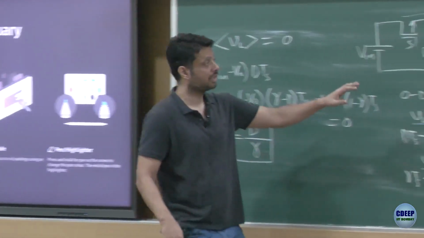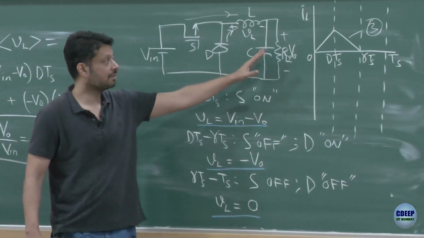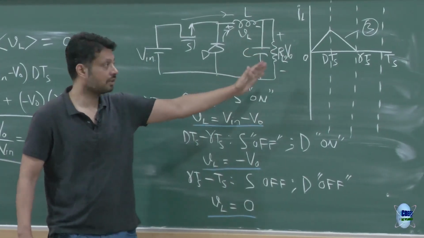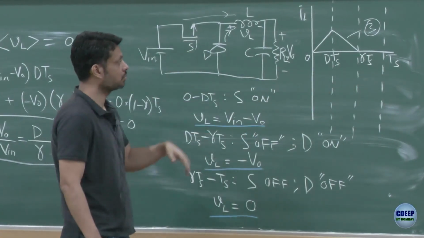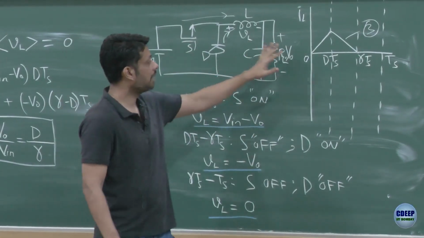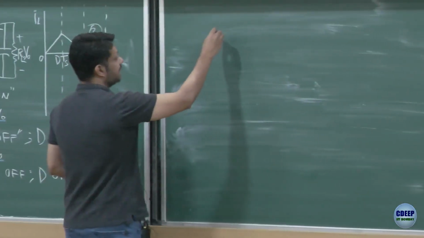If you have to calculate the output voltage, you need the information of gamma. Gamma depends on the load, because if your load resistance keeps on changing, your gamma keeps on changing. So what we do is write another equation which correlates gamma with the load resistance. So I can write